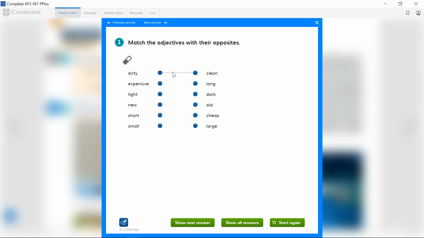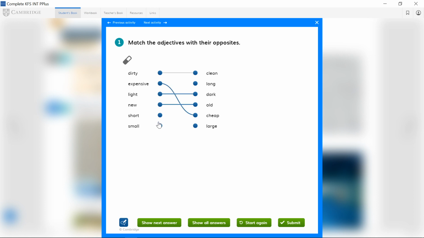Okay, remember, dirty shoe and clean shoe. Excellent. Now, expensive watch. Remember, when it's not expensive, it is cheap. Okay, cheap. Remember the lightened room? When the room is light, then it isn't dark. Okay, so light is the opposite of dark. The next example here is new, just like the cars. Okay, when it is new, the opposite is old. All right,